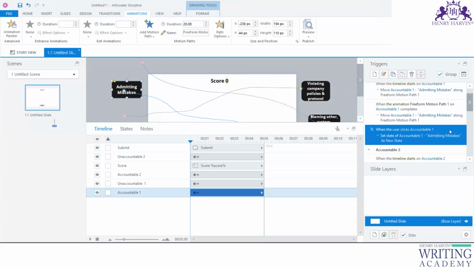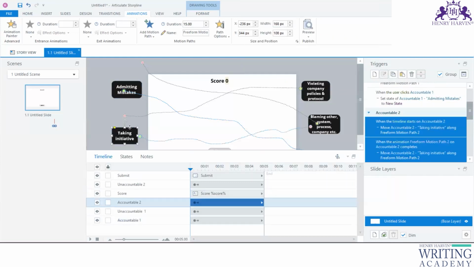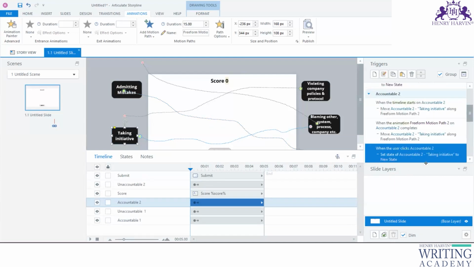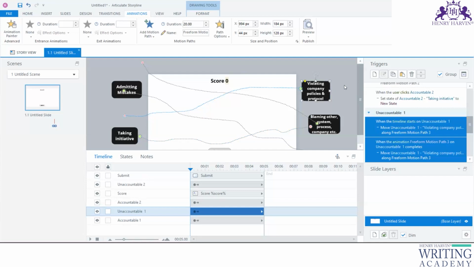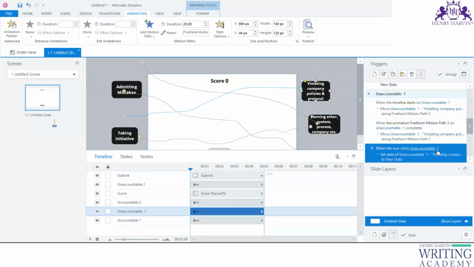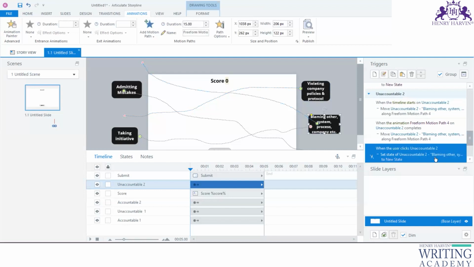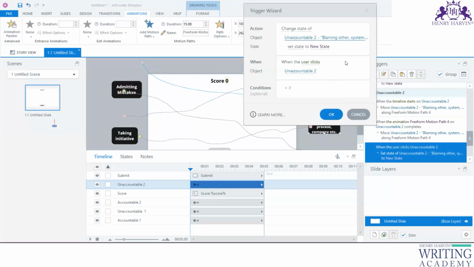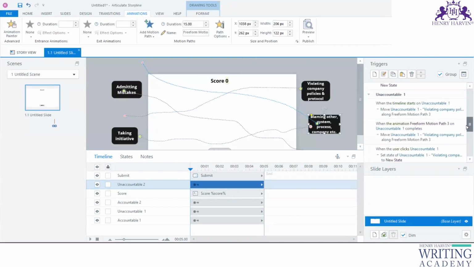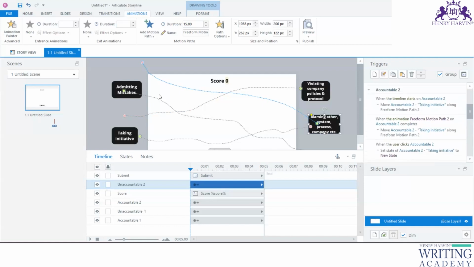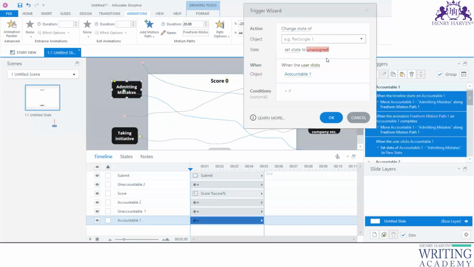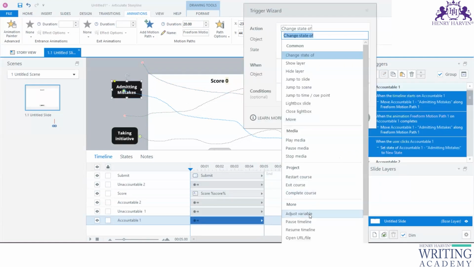Okay, so I'll just copy this now and put it to my second one. And then new state done. It is also new state done. Yeah, this also. This is fine, right? Okay, so 3 triggers are set. Now we will add the score trigger. So to it, we say adjust variable,